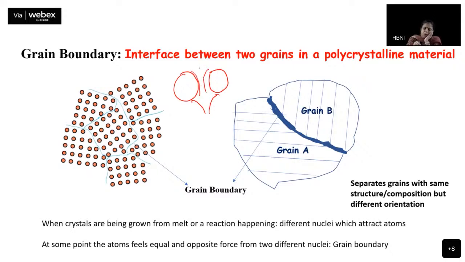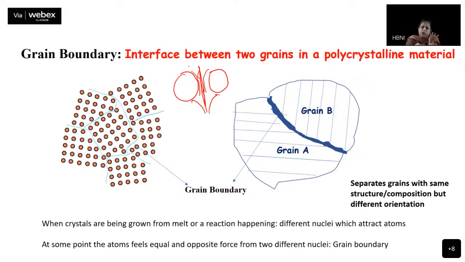A particular point will come when an atom that would be here experiences equal force from the different nuclei, from these two nuclei. So they will not be able to go there, they will just stay in there. And it will not have the structure of either of these two crystallites, and it will not have a three-dimensional structure as well. Those regions formed between two neighboring crystallites are called grain boundaries. And grain boundaries have the dimension of only a few atomic diameters.